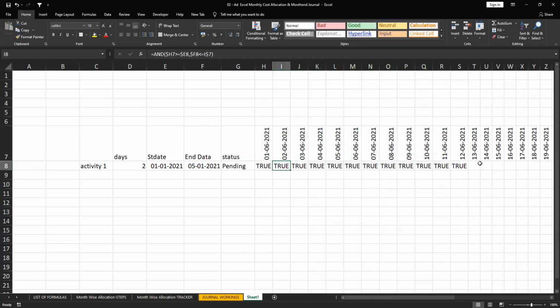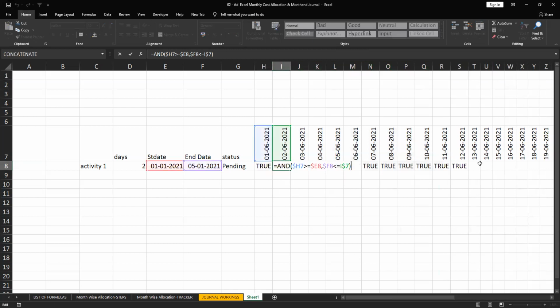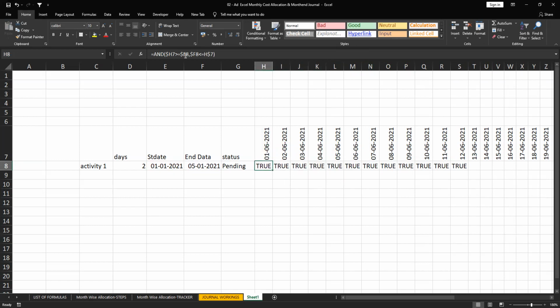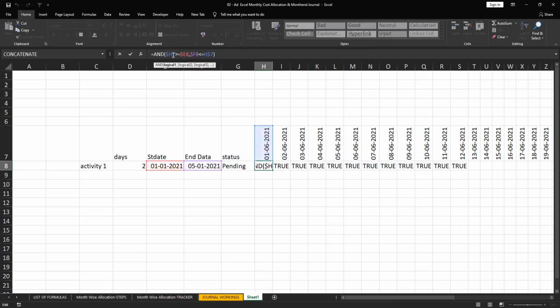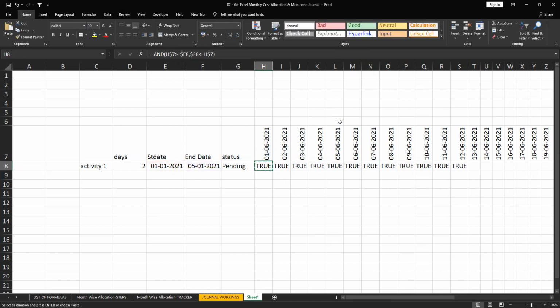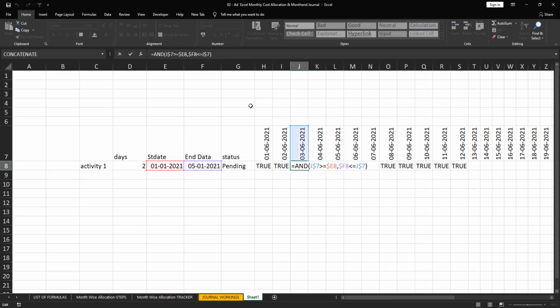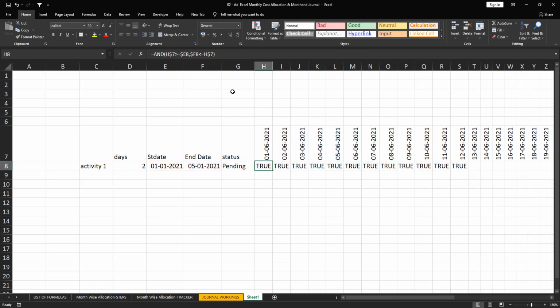Oh, I think this is wrong. See here, completely H7. This is wrong. 7 should be fixed. See, this is what we need to focus on, otherwise we don't get results properly. I still think there is a problem. This date is greater than this.